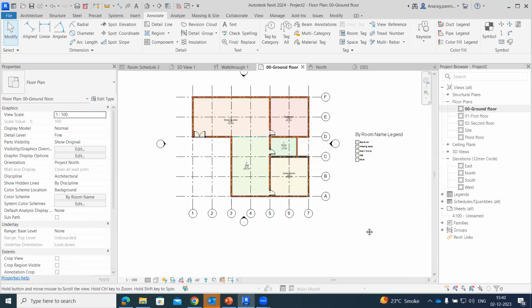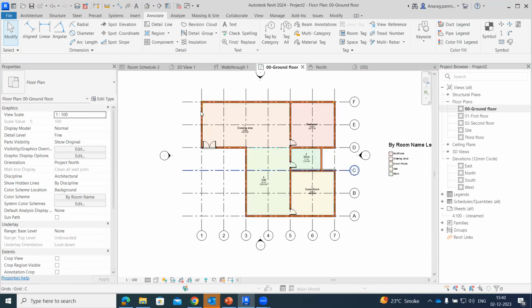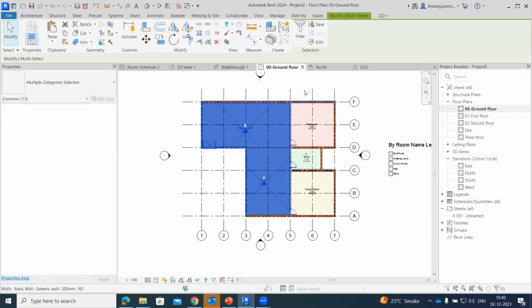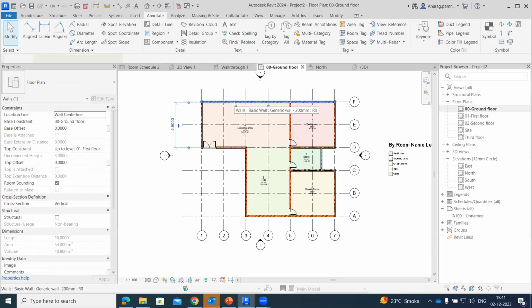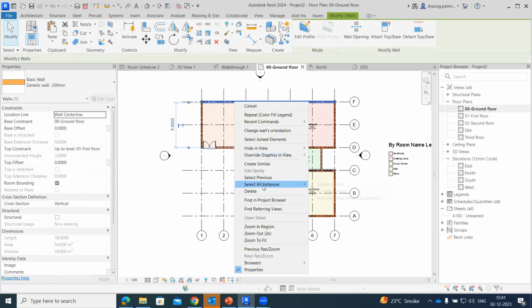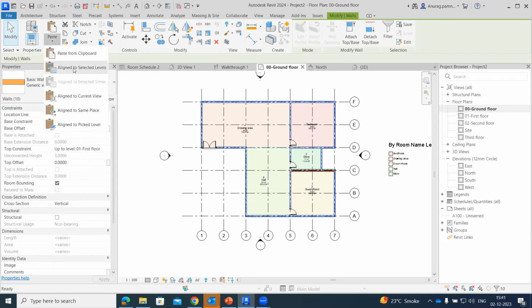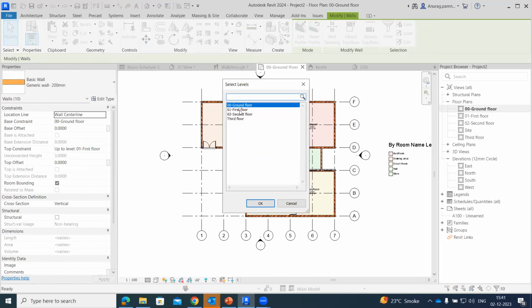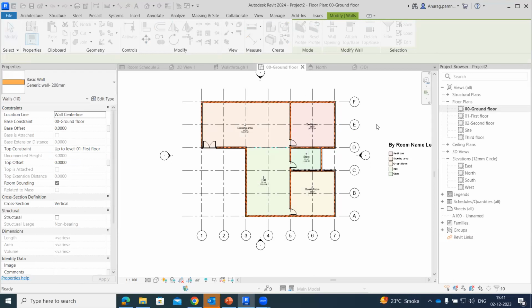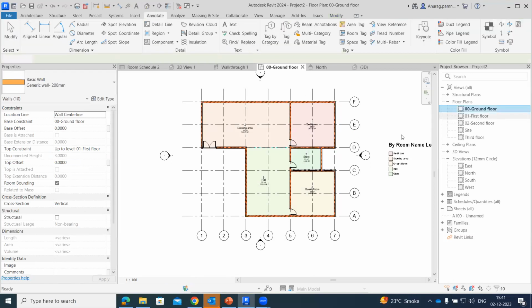Now coming back to the part, like I have developed all this, and just for an example to create certain more understanding with respect to this, I would just copy this and paste this to the selected levels. I need these particular elements. I can select all instances that are visible in view. I can copy them and I can paste to selected levels. Now I just need this on the first floor. So if I move on to my first floor,